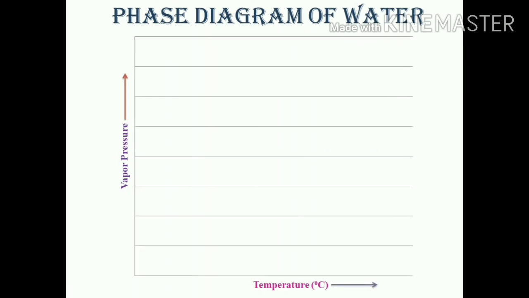Now, first try to understand the outline of the phase diagram. What does a phase diagram consist of? On the x-axis, the phase diagram consists of the temperature, and the vapor pressure is there on the y-axis. Now, in case of the phase diagram of water, what we observe is that as we move from point A to another point, we see that with the increase in temperature, the increase in vapor pressure is taking place, right?